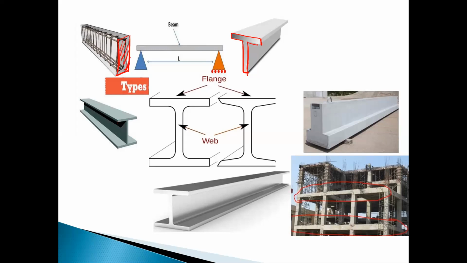Then next we have the I beam, so it is having the I cross section. Okay, so this is again a T cross section. So when we design this beam, we select any one of these cross sections, either it is T, I, rectangle, okay, or sometimes we use the square, circle.